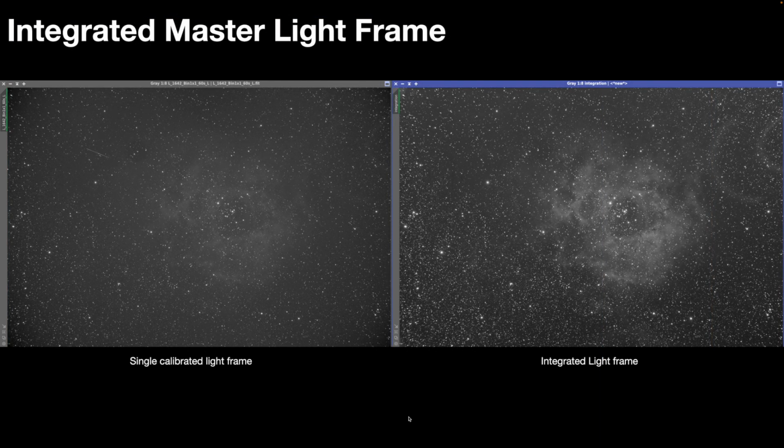But before we move on, I'd like to show you what we've accomplished by all of these processing steps. Here on the left is a single calibrated light frame that we generated of the Rosette Nebula. And on the right is the integrated light frame, which is the result of all of our processing. You can see the increased signal to noise ratio of the Rosette Nebula itself. You can see how we've taken care of the vignetting in the corners of the image and generally smoothing the